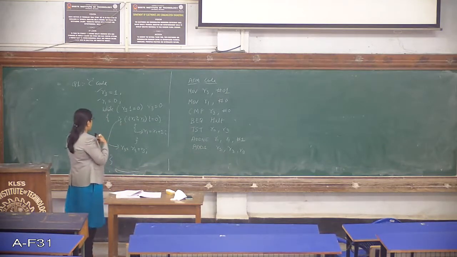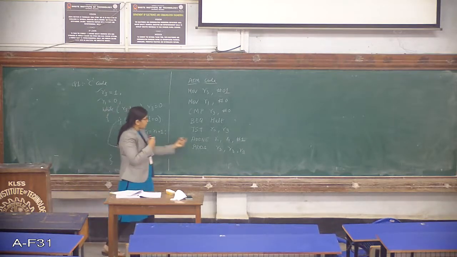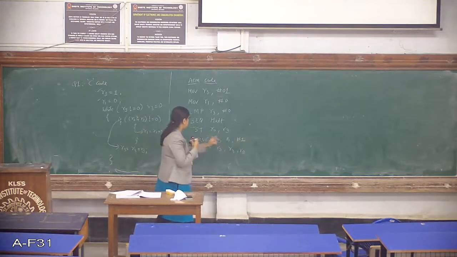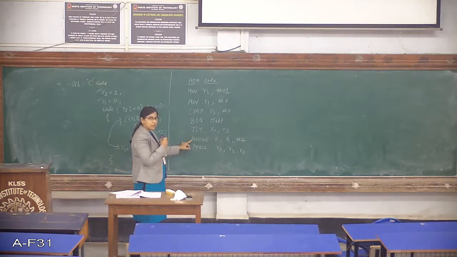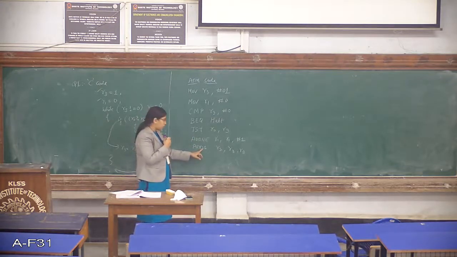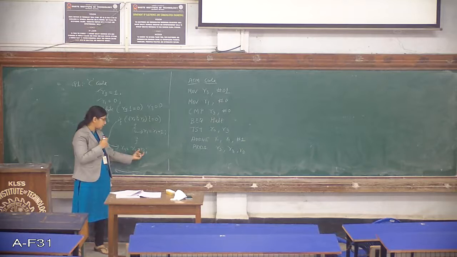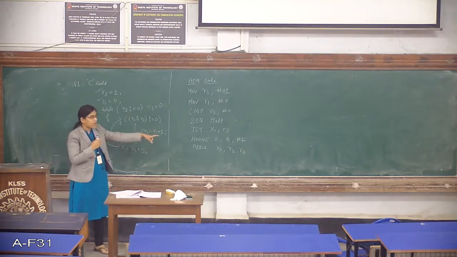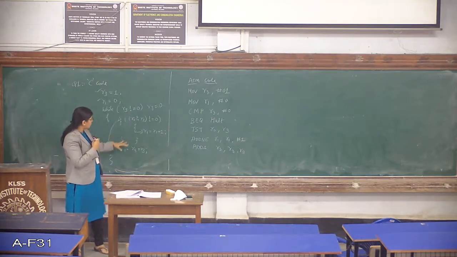Now this is regarding the if part. If the condition was not equal, I'll be adding R1 with R1 plus 1. Suppose the condition was false, that means the result was equal to 0, what will you be doing? This instruction will be skipped and it will go to the next instruction, which is the ADDS instruction. And what is that ADDS instruction doing? It is adding R3 plus R3 and storing the result back in the R3 register. So this is the instruction which is executed. Okay, so this is how your if statements are going to work and the statements in the while work.